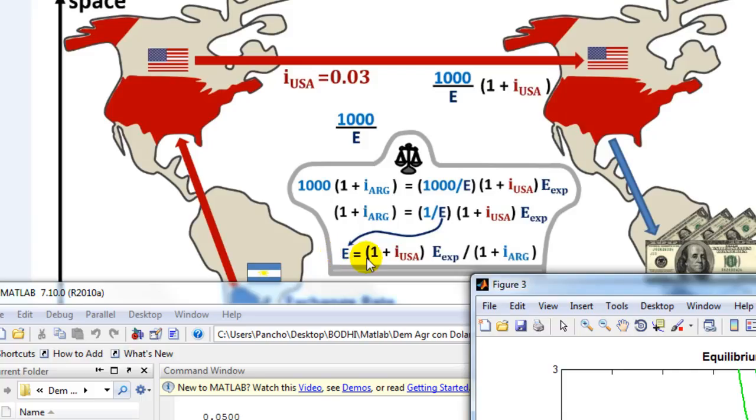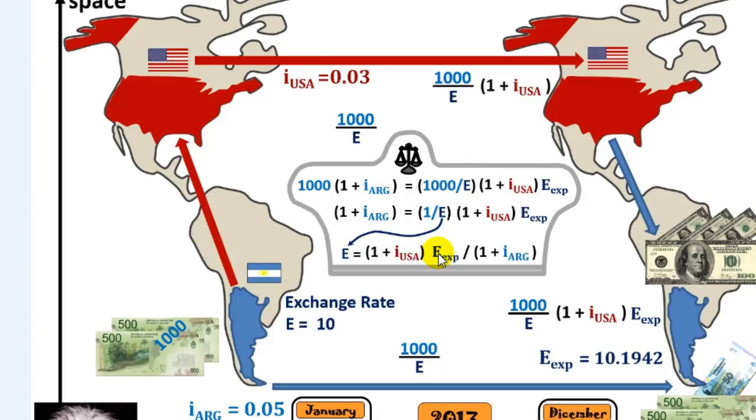In the particular case of Argentina, the one that puts more pressure on the exchange rate is the expected exchange rate. Why so? Because if you